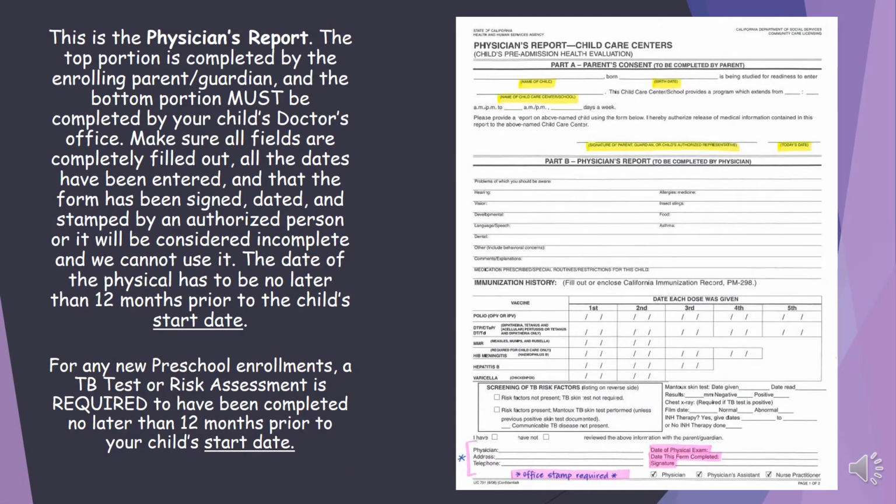This is the physician's report. The top portion is completed by the enrolling parent or guardian, and the bottom portion must be completed by your child's doctor's office. Please make sure all fields are completely filled out, all the dates have been entered, and that the form has been signed, dated, and stamped by an authorized person, or it will be considered incomplete and we cannot use it. The date of the physical has to be no later than 12 months prior to the child's